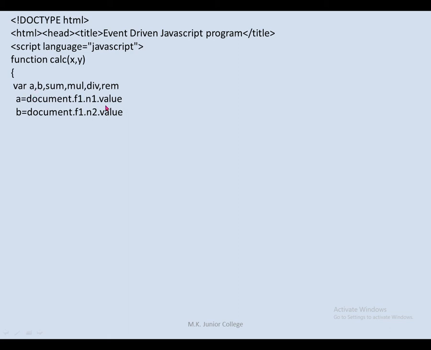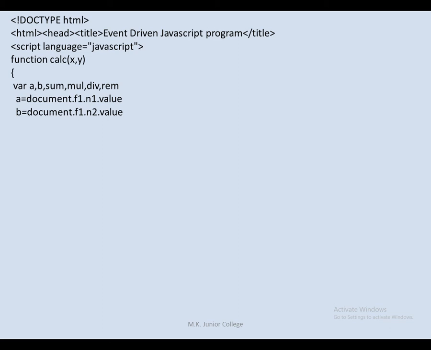document.f1.n1.value. What will happen in this? f1 may be the name of my form, n1 may be the name of my first text box, and the value inside the text box I want to store inside a. Now one more variable I need, b. You have to create two text boxes.